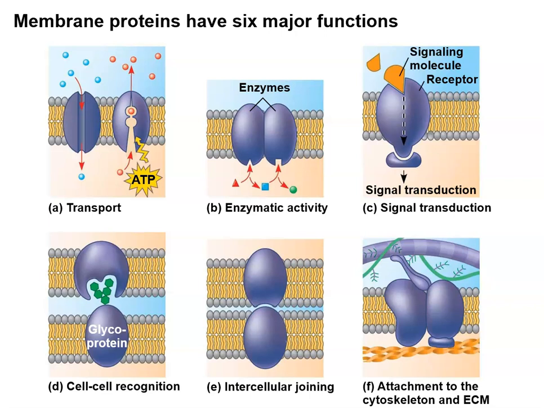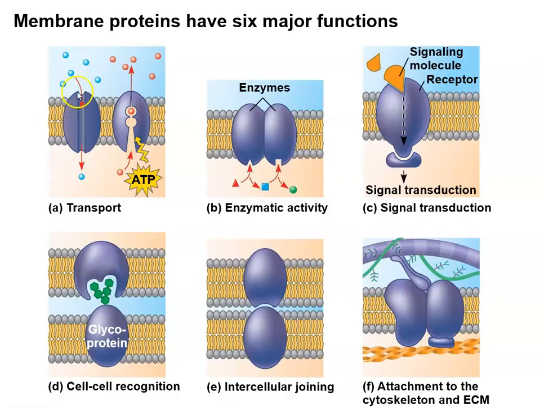In our first part of Chapter 5, we looked at the plasma membrane and its components, which are primarily the phospholipids of the bilayer and proteins, either integral or peripheral proteins. So now we're going to focus more on the proteins to start and what different functions they might have in the cell membrane. So here are some examples of functions that proteins involved with the plasma membrane can have, including